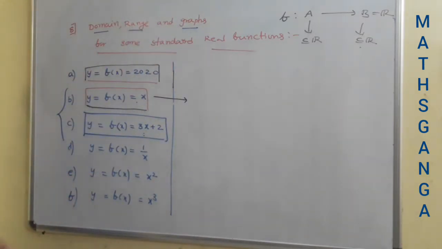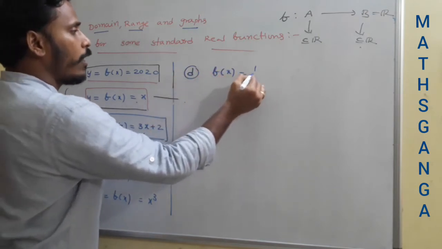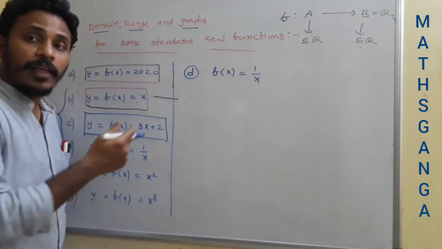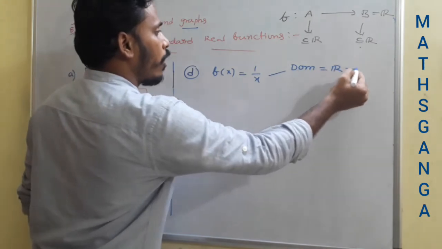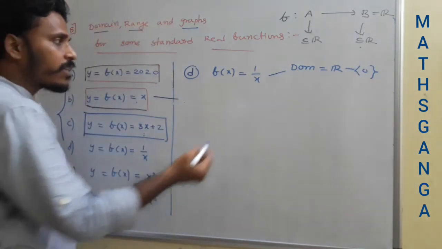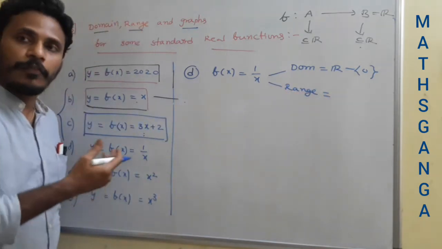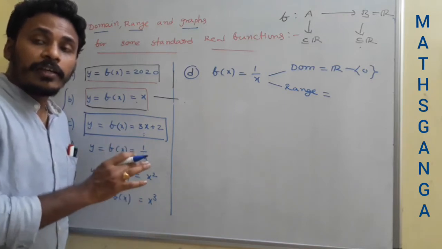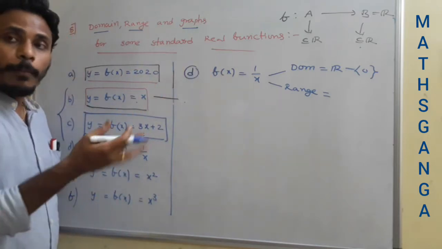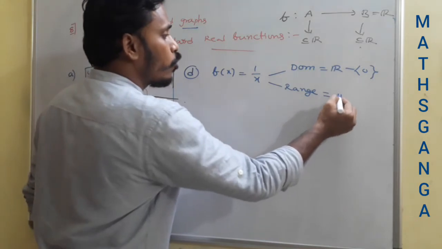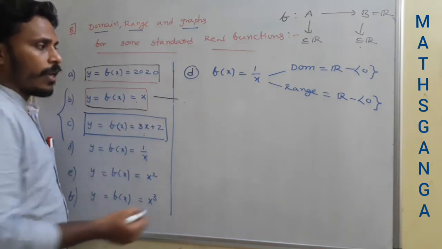D, y is equal to f of x is equal to 1 by x. If you take 0 in the place of x, the result is not defined, and that's why the domain of this function is all real numbers minus 0. And the next thing, what can you say about the range? Just take different values in the place of x, you will get different real numbers, but you won't get 0 at any time, because to make 0 we would need to take infinity in the place of x, but infinity is not there in the real numbers. So the domain is real numbers minus 0, and the range is also real numbers minus 0.